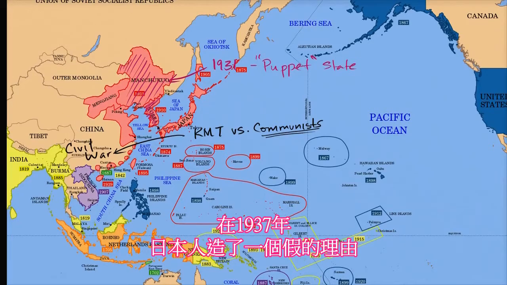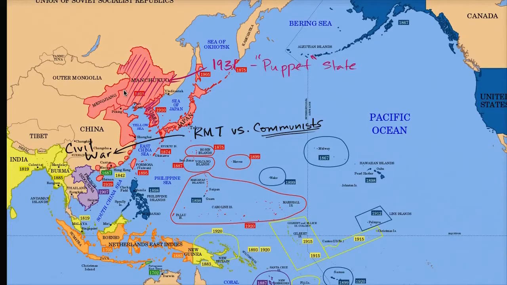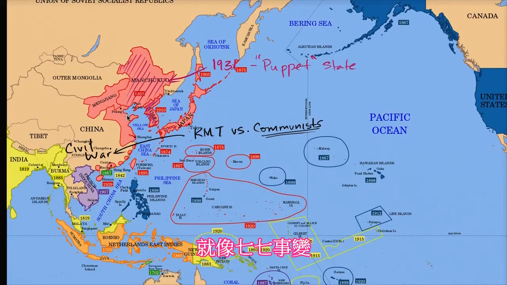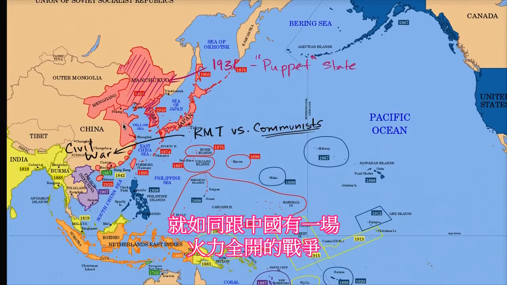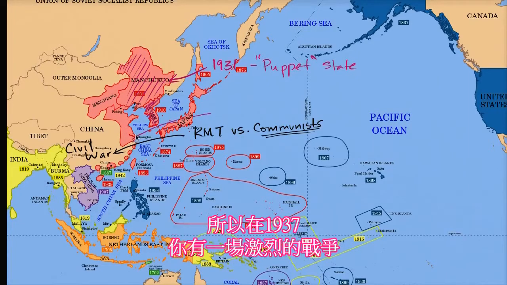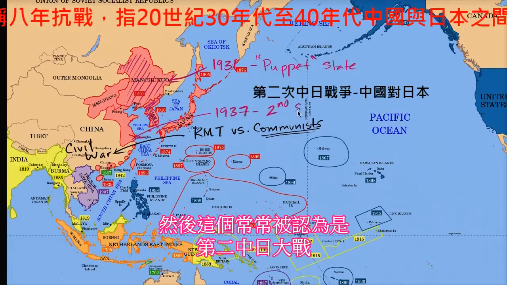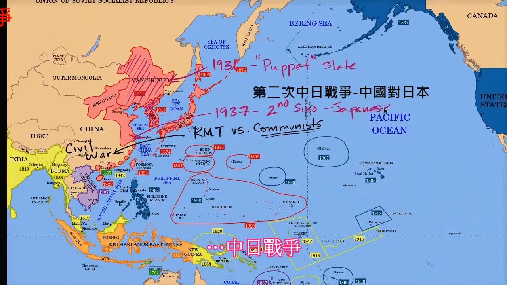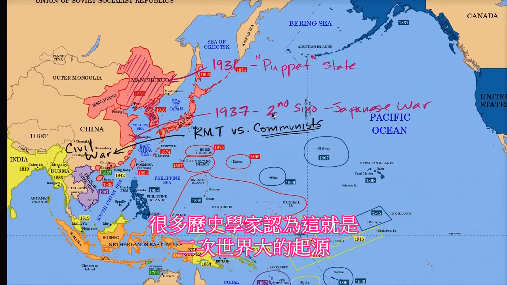And in 1937, the Japanese use some pretexts, kind of a false flag. Well, I won't go into the depths of what started it, kind of this Marco Polo Bridge incident. But it uses that as justification to have an all-out war with China. So in 1937, you have all-out war, and this is often referred to as the Second Sino-Japanese War. Many historians actually would even consider this the beginning of World War II,